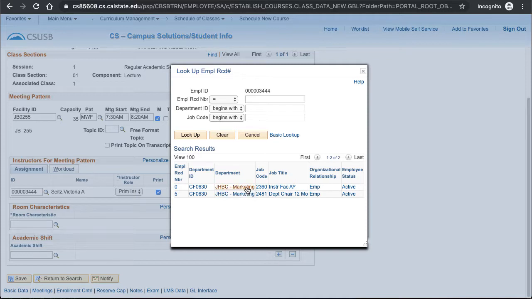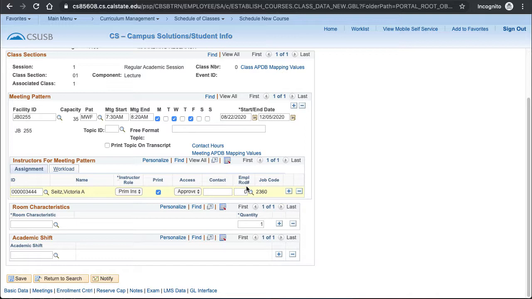job code. If job code is left blank, that could mean two things: you chose the wrong record number, or that the faculty does not have an active appointment. This should be corrected by picking a different record number or verifying the faculty member does have an active appointment. The job code should never be left blank.